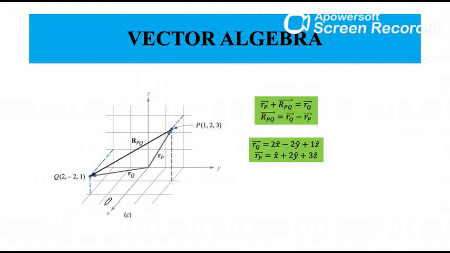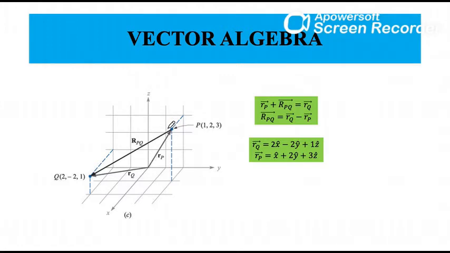Okay, so now we want to add 2 vectors or subtract 2 vectors. We have already seen how we do this graphically, but with the knowledge of the coordinate system, is it possible for me to do all this without drawing a line every time and without translating one vector onto another vector? Yes, it is possible, and to do that, we will see this example. So you start imagining that every point can be represented by a vector, whose origin is at the origin and which terminates at the desired point.